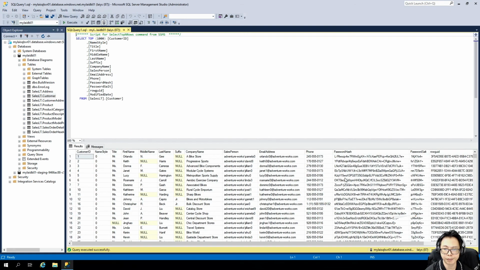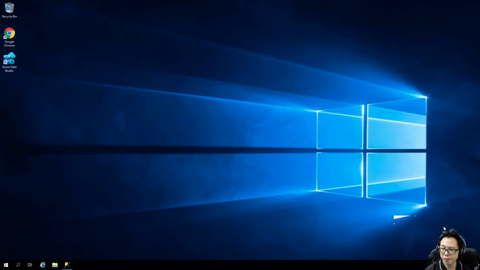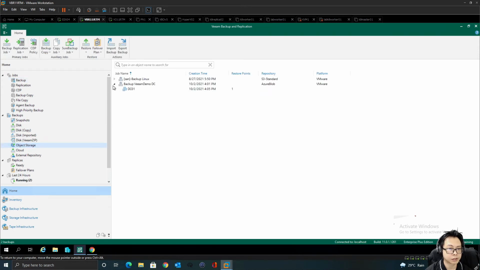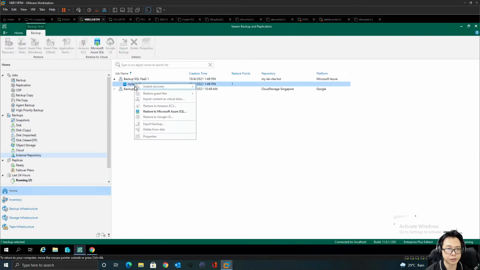And this is the outcome. Back to the screen, then on here, let's have a look at it. So this is your database. You can restore back to Microsoft Azure SQL if you want to. Let's try to do it